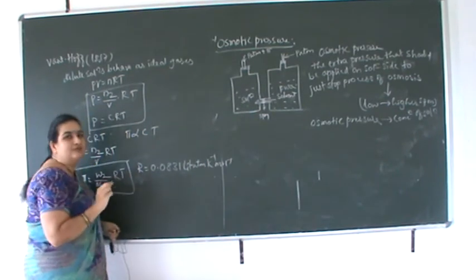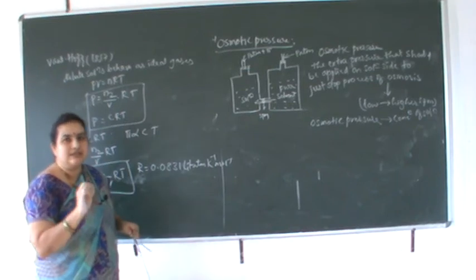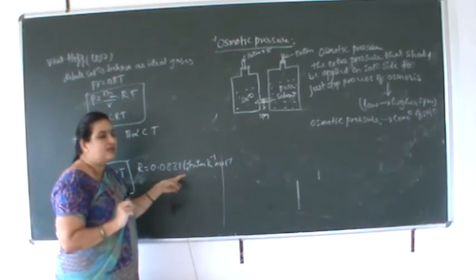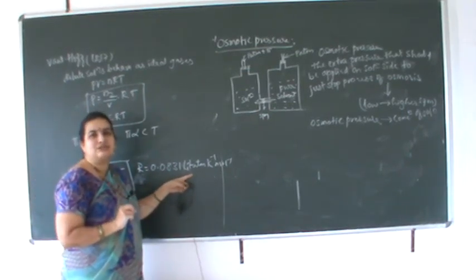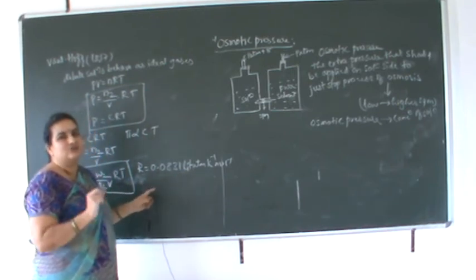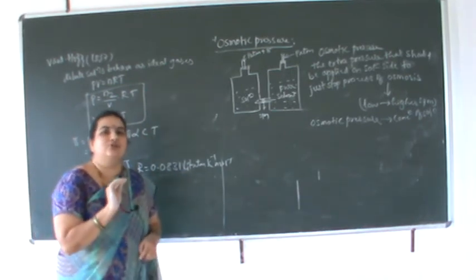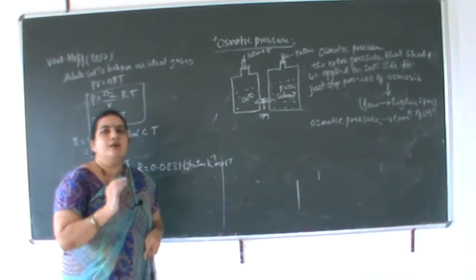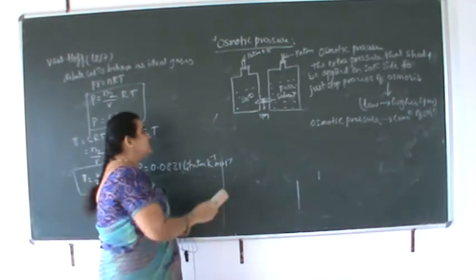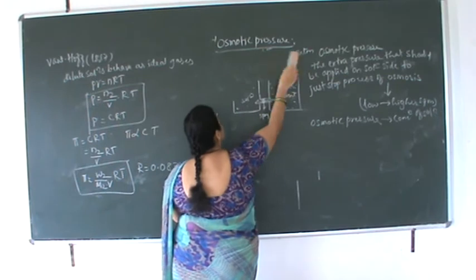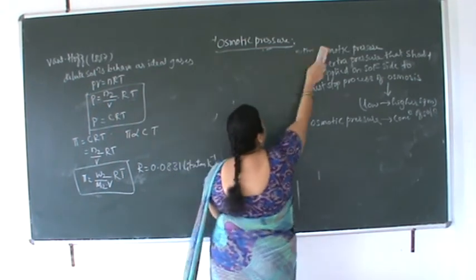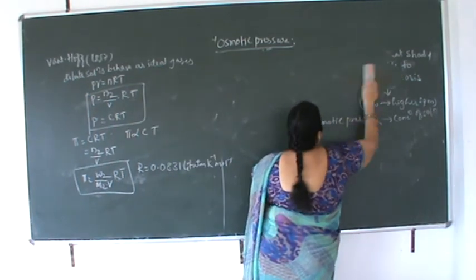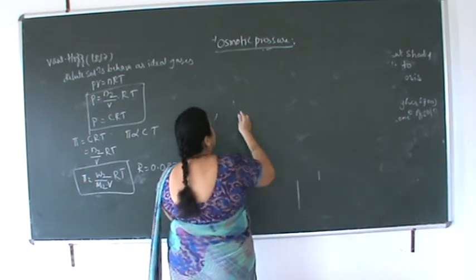There are four values for the gas constant, and among them the liter atmosphere unit value is given for R. So the four colligative properties are ending. Before ending, the applications of osmotic pressure.